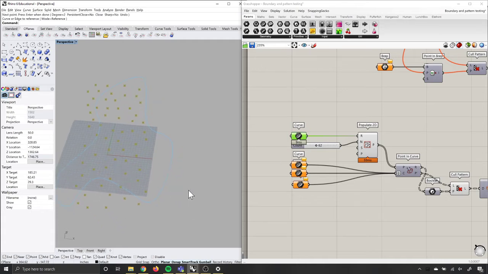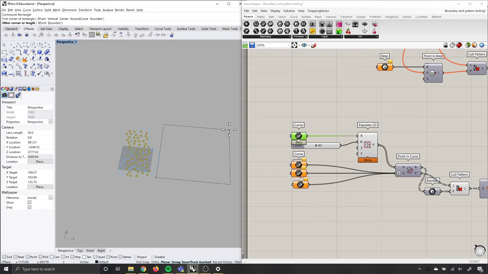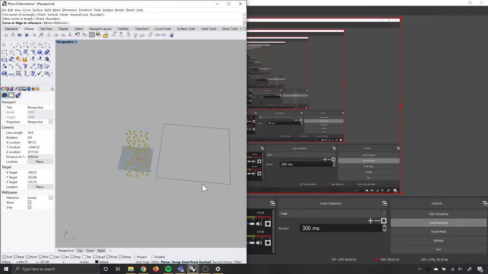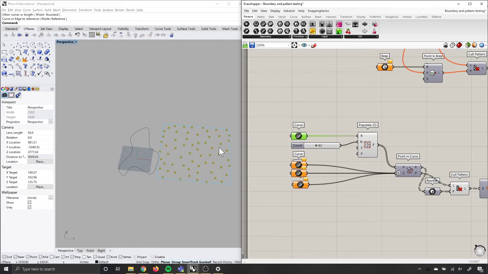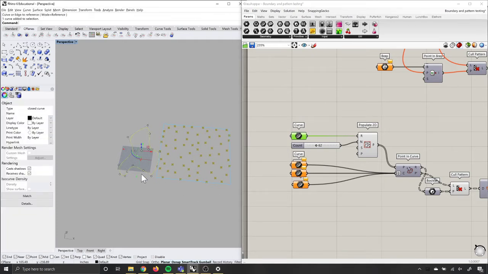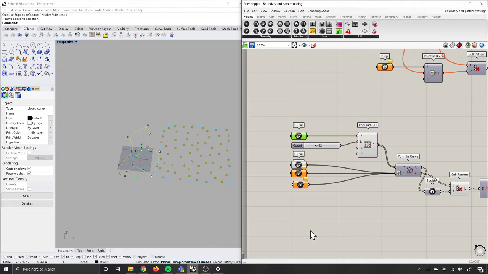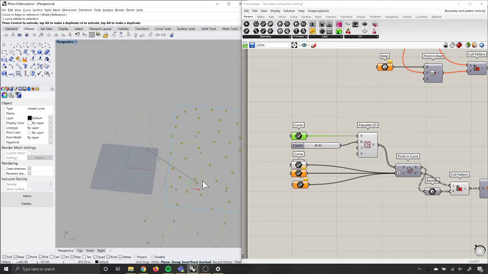If I make a rectangle instead, like, let's do a bigger one, like this, and then set this one as the one curve, you can see that we've got everything within this area. That's fine. Let's use this other curve here in order to create one of our first testers. So we're just going to put this one curve in, and